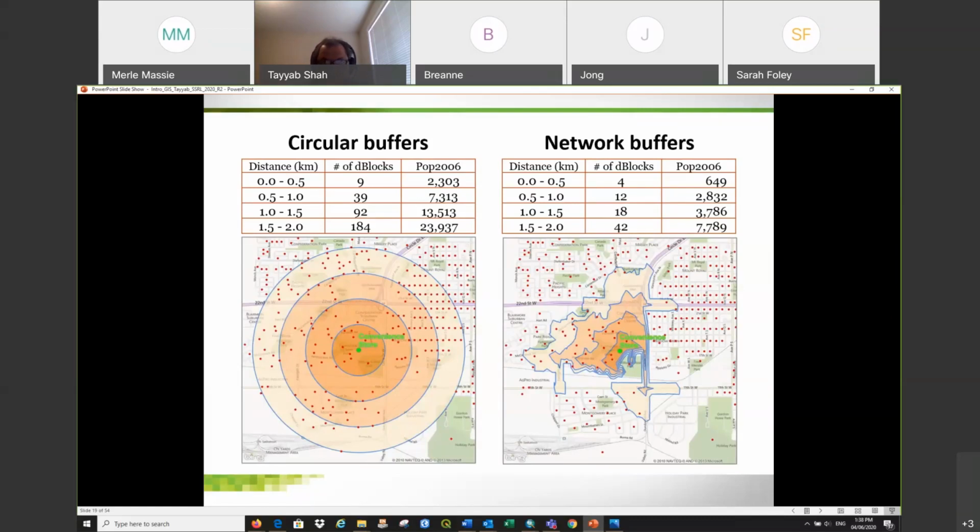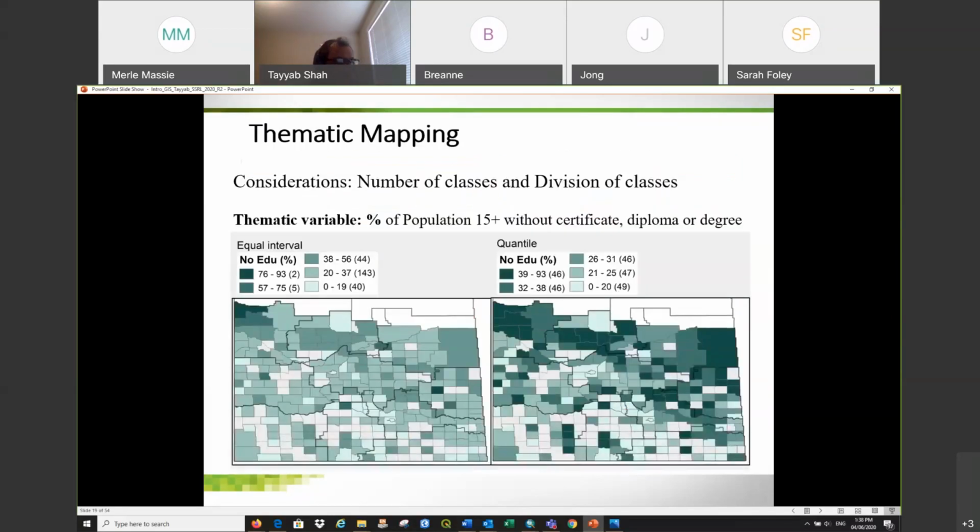So this is kind of things we normally do. And the most important thing we normally do with the mapping with the GIS is making maps. That's what you guys are expecting from this workshop. You should be able to do some mapping. But I just want to give you